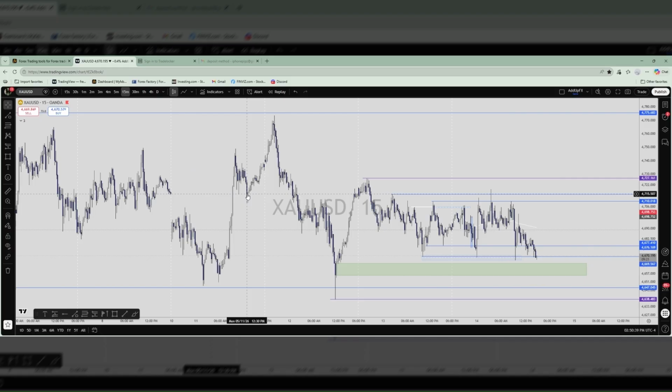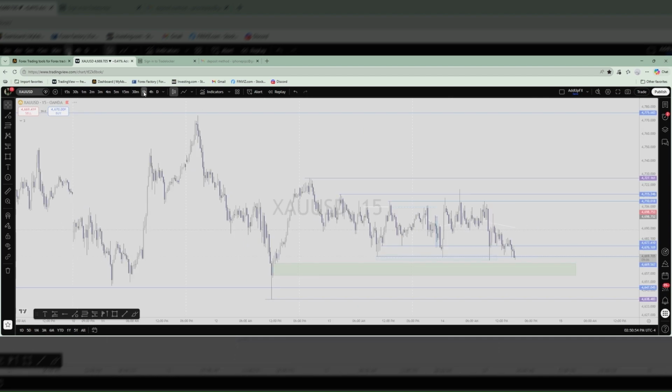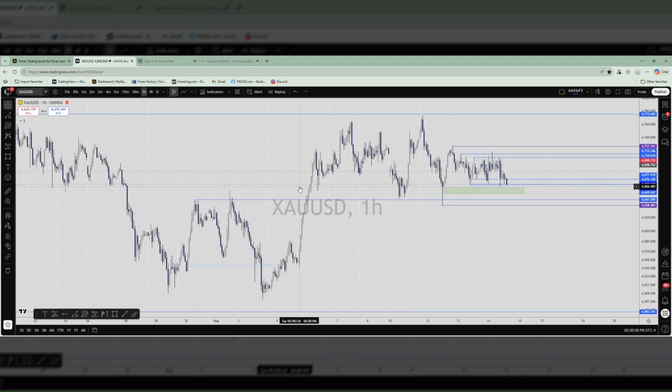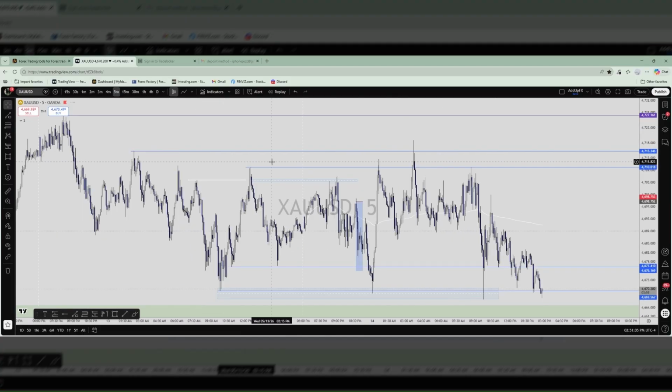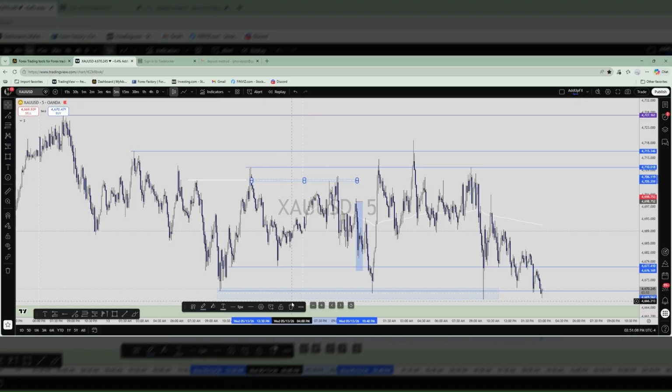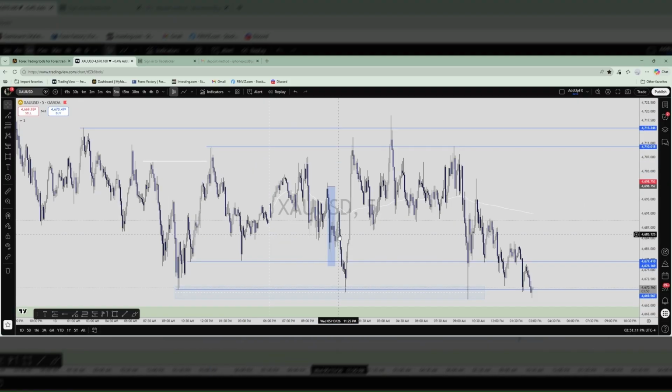But I do think it wants to entice sellers. So I do think it'll come back into this order block and hold it, and then continue up. That's what I expect to happen. But I mean, I don't know. But that's how I read gold. That's how I like to play gold. But I'm a scalper, not really a swinger. Or I'll intraday sometimes, but if I do intraday trades, it's more likely on Nas.